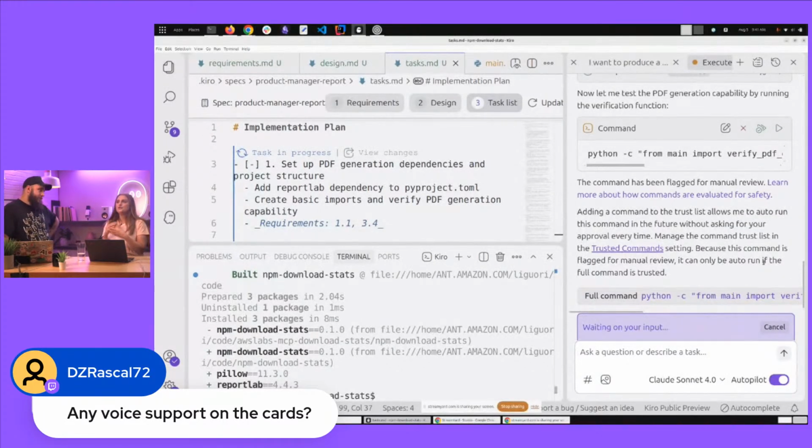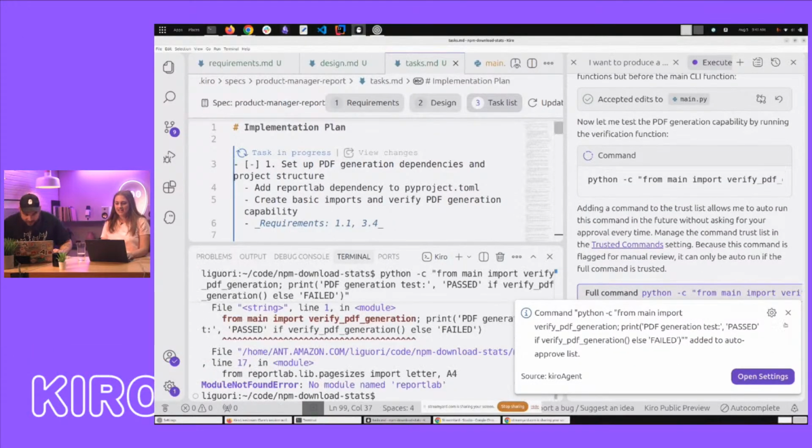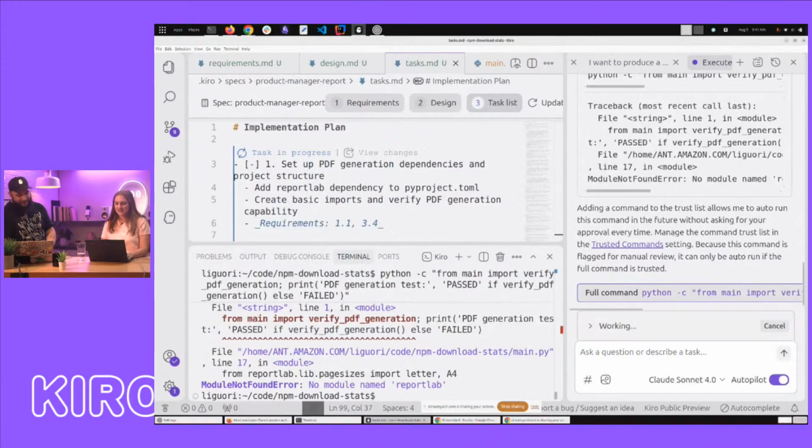But also, a lot of us work in open plan offices, and we're all trying to be very quiet for everybody else around us. Imagine developers yelling at their computers. Add unit test. Oh my gosh.